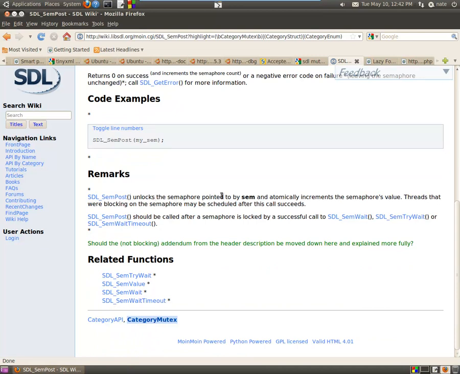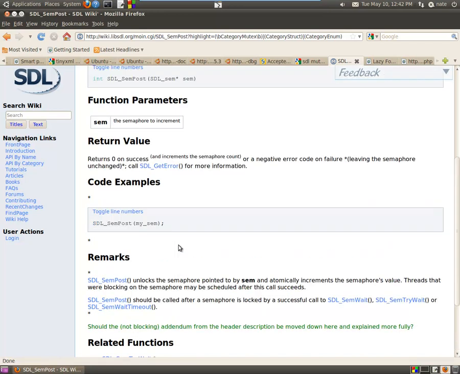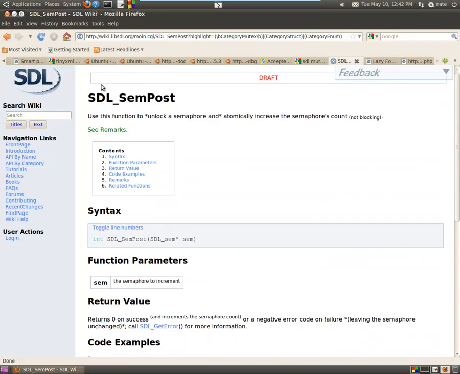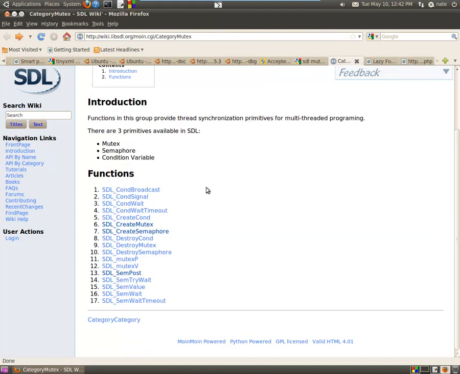Sem post unlocks the semaphore pointed to by sem and automatically increments the semaphore's value. Those that were blocking on the semaphore may be scheduled after this call succeeds. So there you go. Semaphore post should be called after a semaphore is locked by a successful call to sem wait or sem try wait, or sem wait timeout. So I'll get into showing this later on, how we can make better use of semaphores